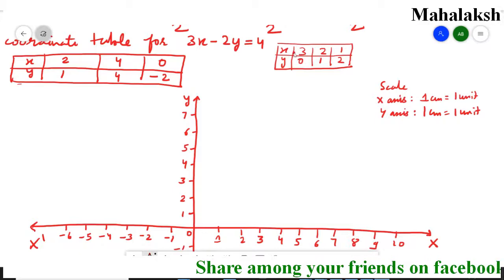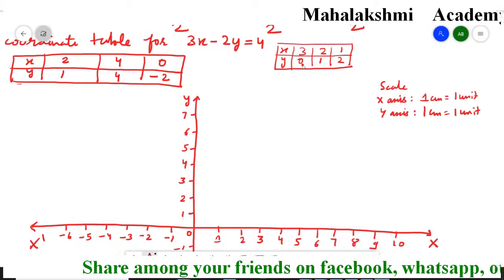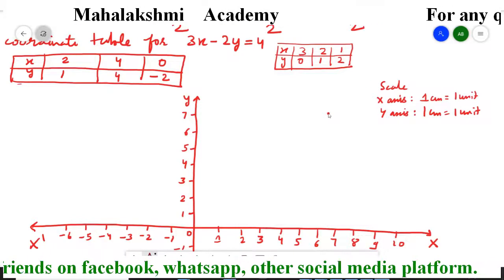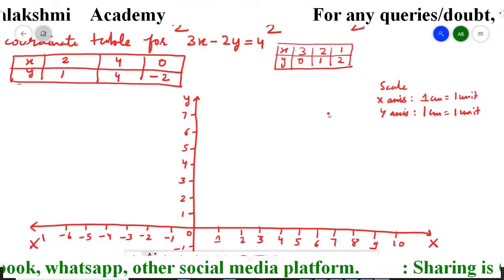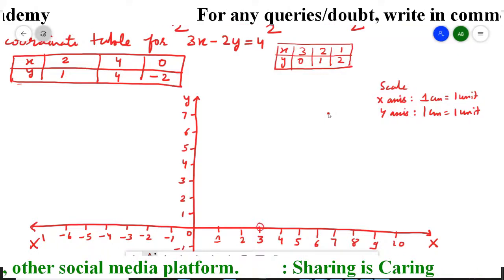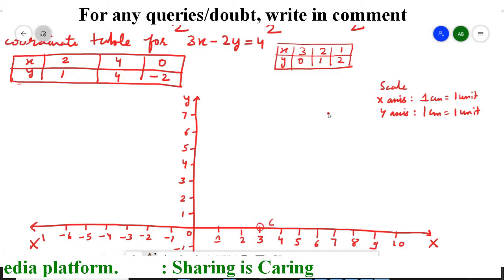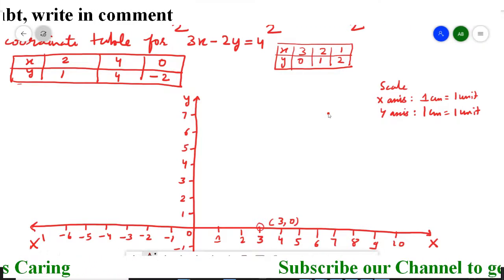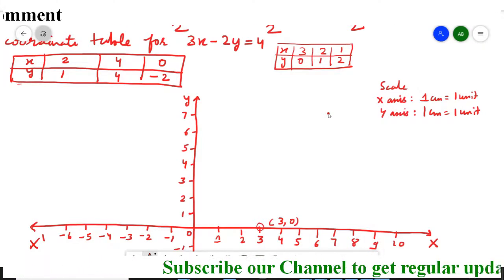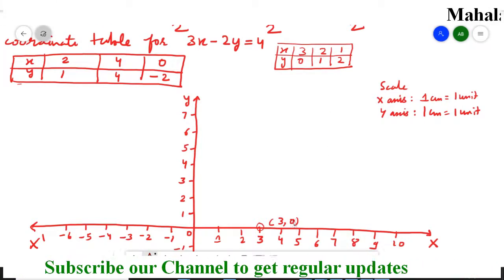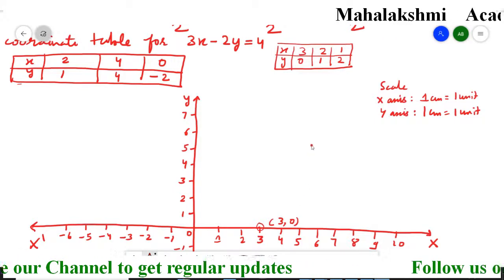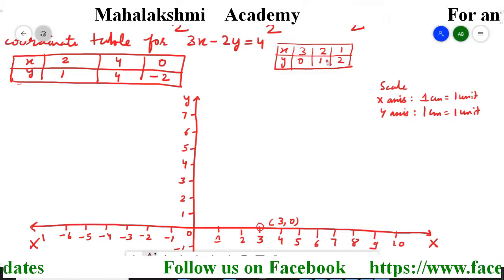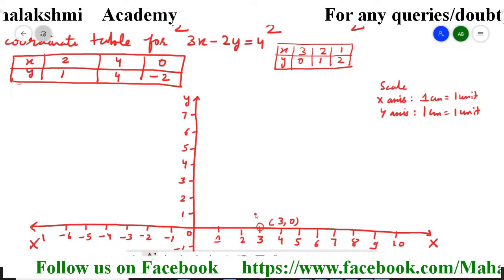So first place is for the x and second place is for the y. So it's an ordered pair. So we have to locate like this, put a small dot, then encircle it, and it's going to be 3, 0. So here it's very necessary that the first place should be x coordinate and second place is of y coordinate. So first point we located. Now we have to locate 2, 1. So x is 2. So first we'll move to x 2.